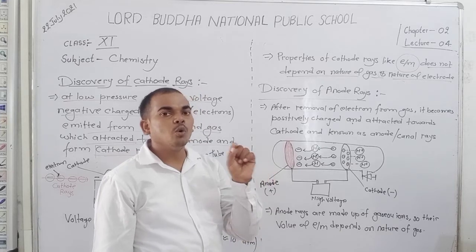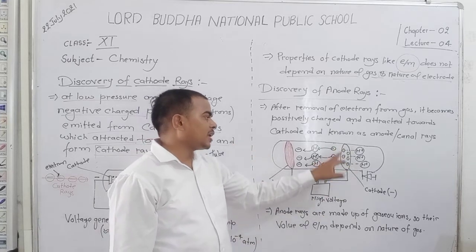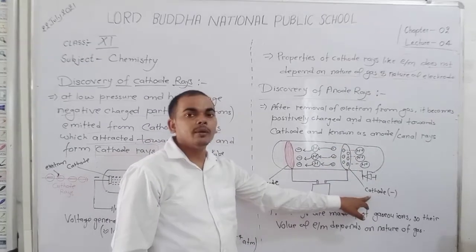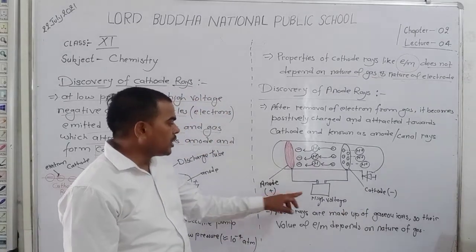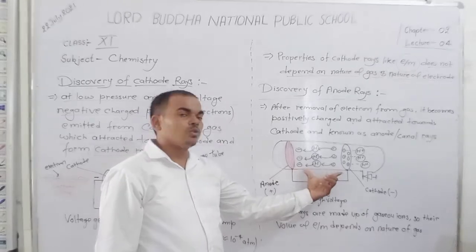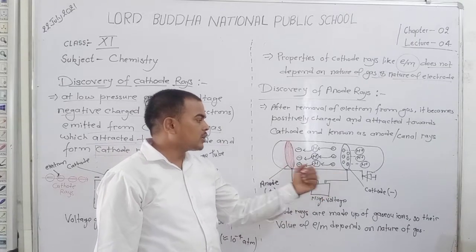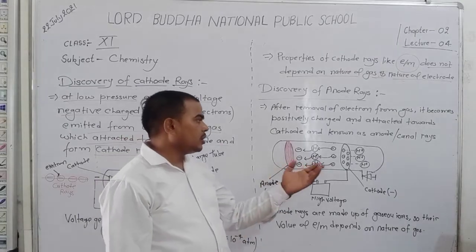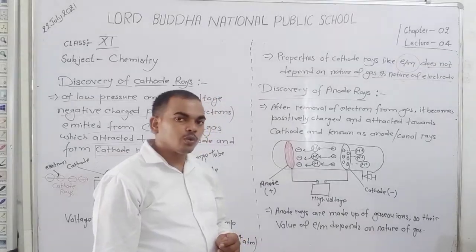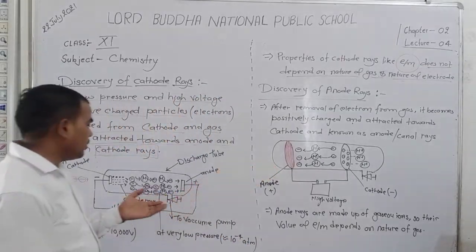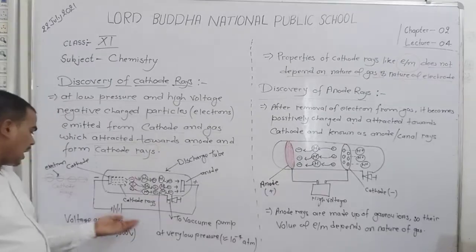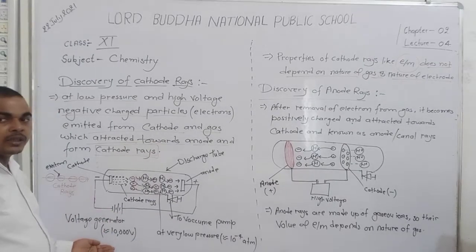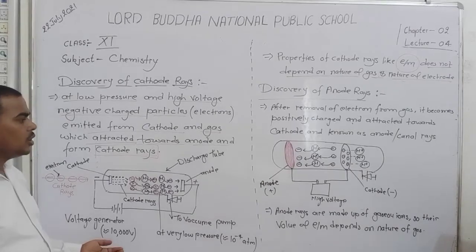Perforated means holes. Perforated cathode. Okay. Yes, student. When you apply high voltage across the electrode at low pressure, dear student, you observe here, when you apply approximately 10,000 volts at low pressure, you